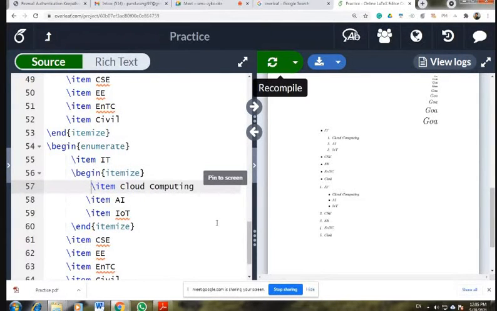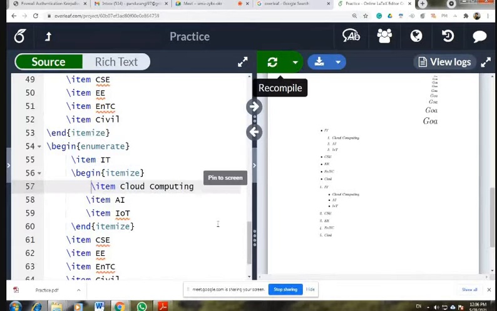Sir, could you please share any document or book that I can refer to, which contains the general commands? Yes, I have a very wonderful book which is known as Learn LaTeX in 12 Hours. I will definitely share that book with all, maybe in the Google Classroom. In that book, almost all topics are covered. So I will share whatever material I have with you. And what is required from your side is practice.